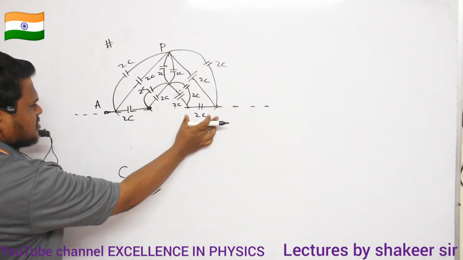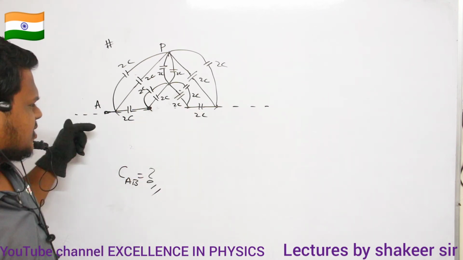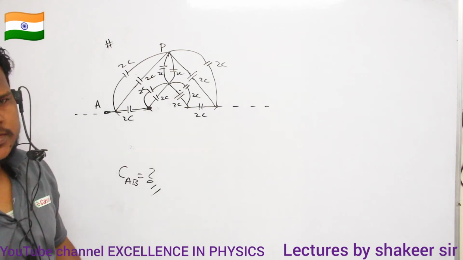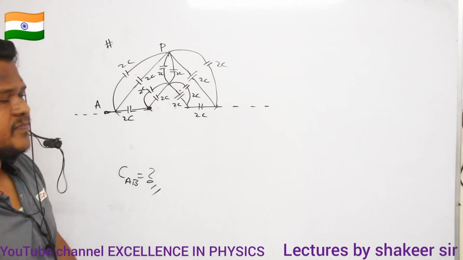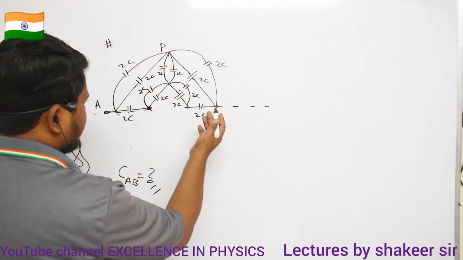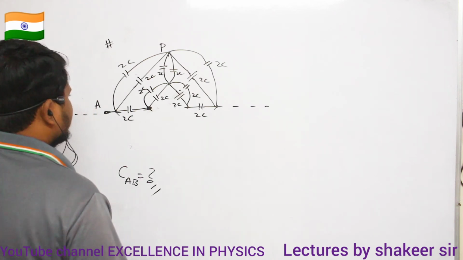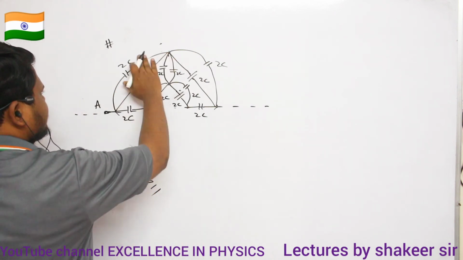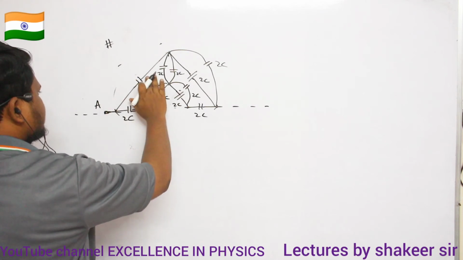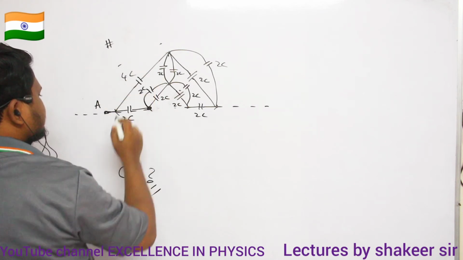Only these 2C and this 2C cannot pair with each other because there is only one single capacitor which is present in the line of symmetry. Okay? So after drawing the circuit here, all capacitors are in what kind of connection? They are parallel connection, no? So 2C becomes 4C. So therefore you can remove this capacitor. Instead of 2C, it will become 4C.